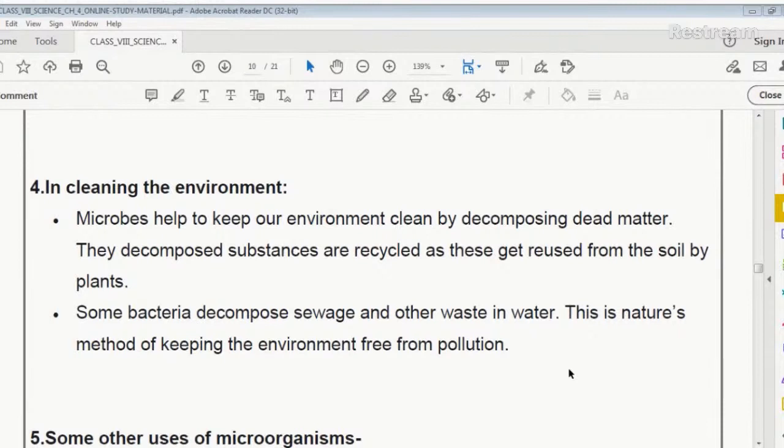Now, do we find any difference in the contents of the two pots? And if so, what is the difference? Let us see what will happen. We will find that the waste in pot A has been decomposed. But how did this happen? The plant waste has been converted into manure by the action of microbes, and the nutrition released in the process can be used by the plants again, isn't it?